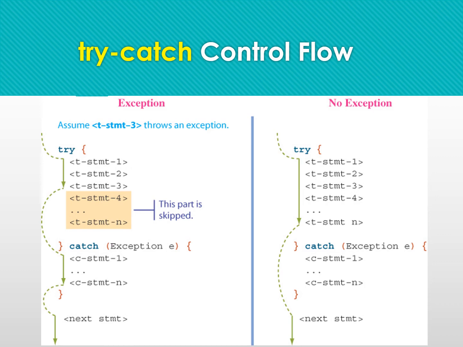So let's say you're executing it and the exception actually happened at statement 3. So all the code after statement 3 will not be executed, it will be skipped. What will happen is Java will directly go to the catch